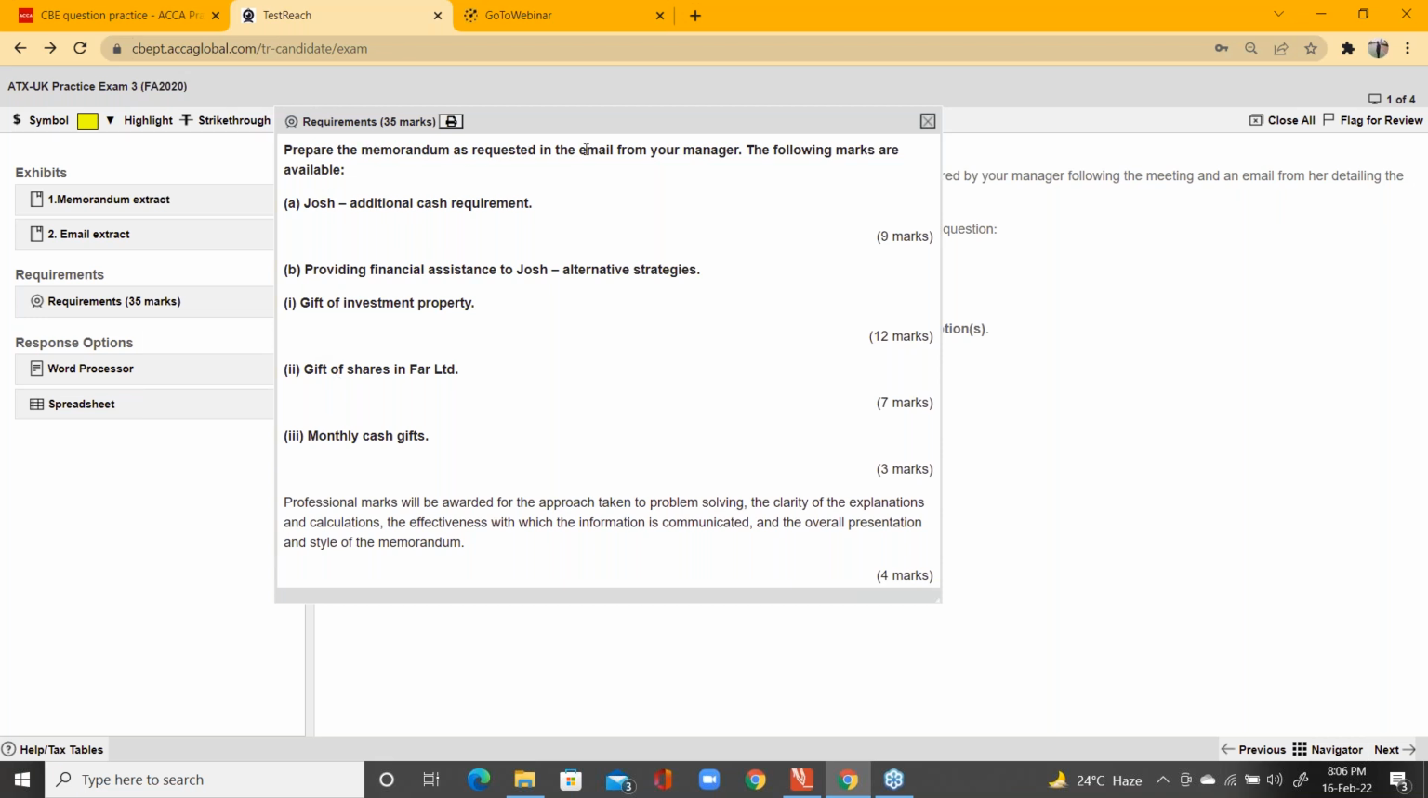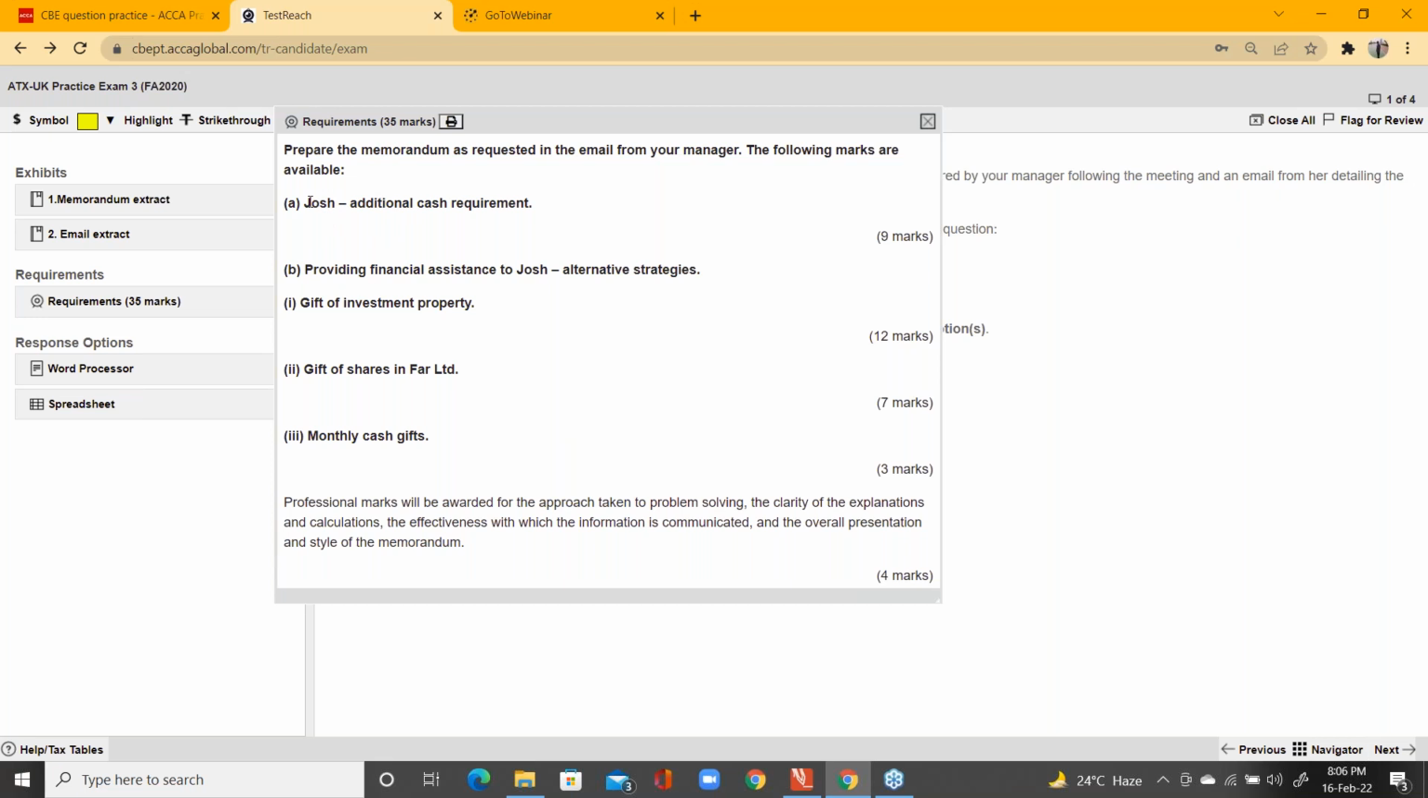Prepare the memorandum as requested in the email from your manager. The following marks are available. As we know, there are professional marks available for this question, and for these, 4 marks can be gained by writing in memorandum form as required by your manager, in a proper report format. And in that report,